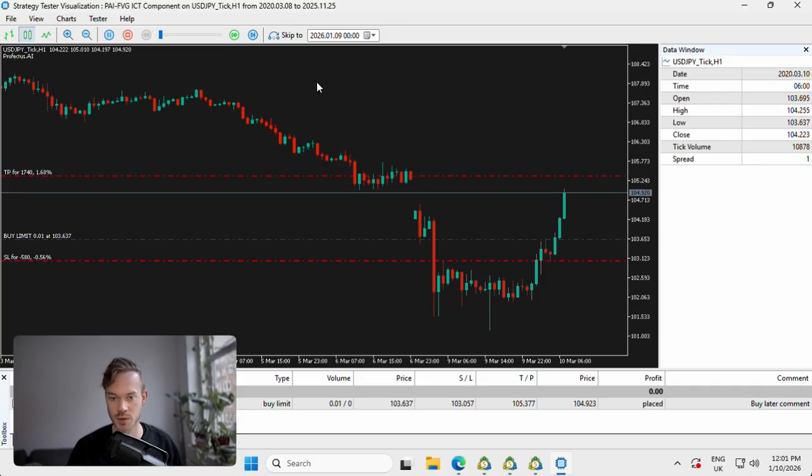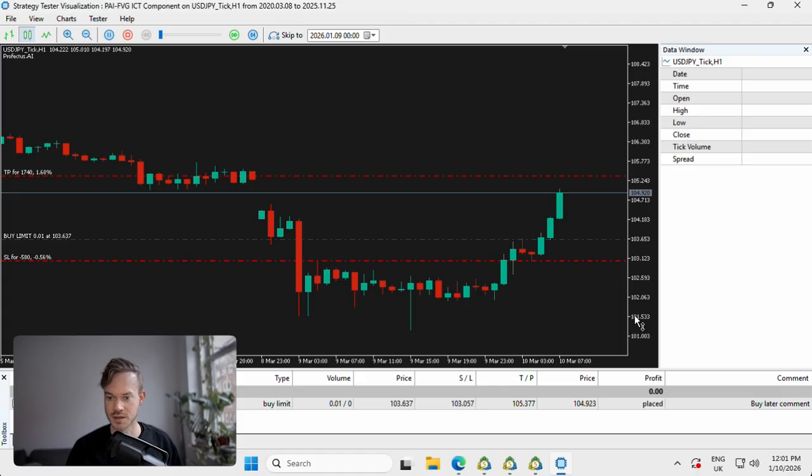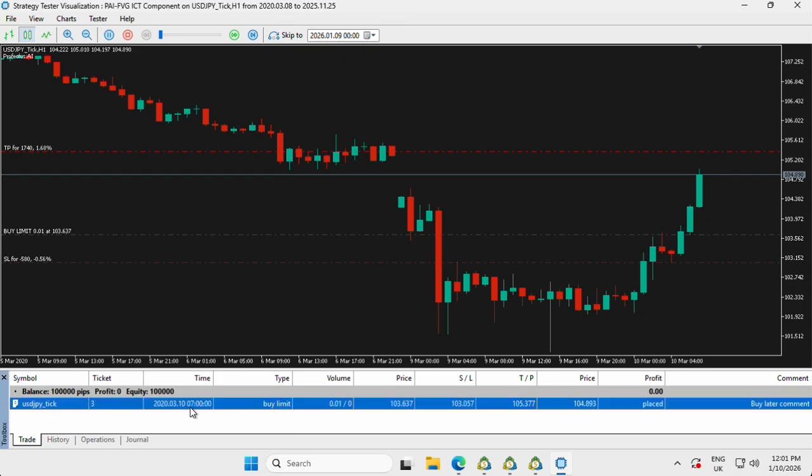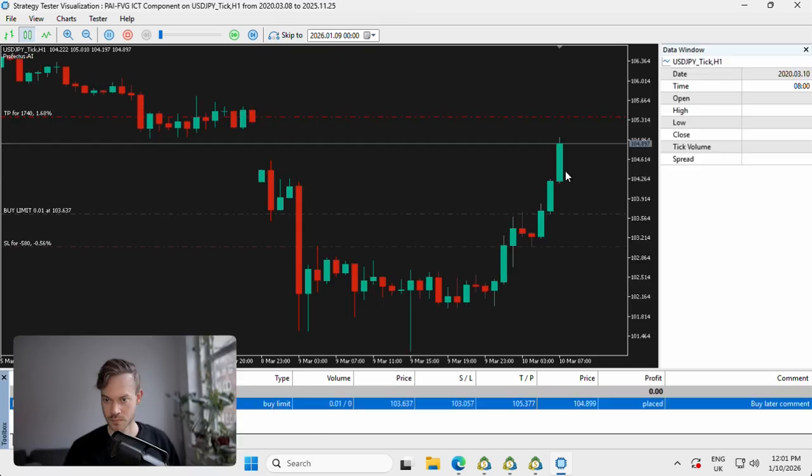So let's now check out what actually happened by zooming in here just a little bit. Let's close this one. And what we can observe, for example, when was it placed? Let's check it out. Buy limit 7 a.m. on the 10th of March 2020. So pretty much here, as soon as this candle was opened, the pending order on this price level was placed,